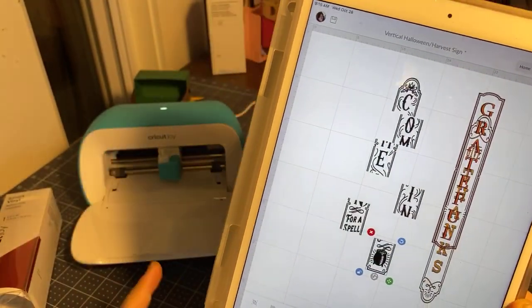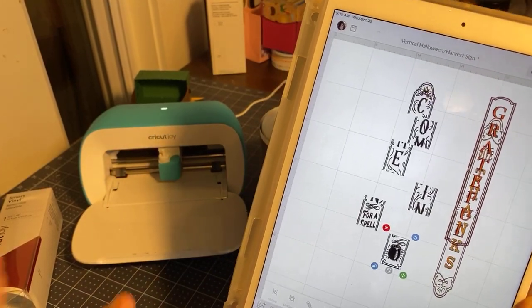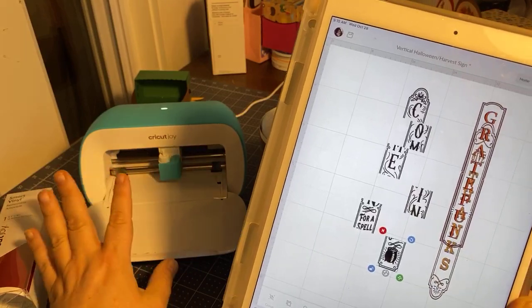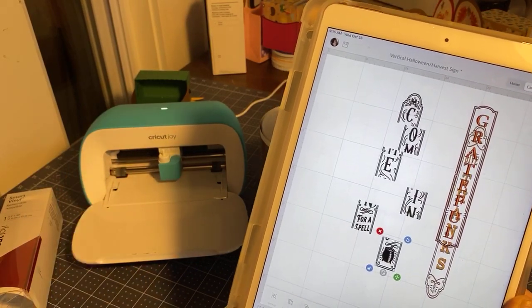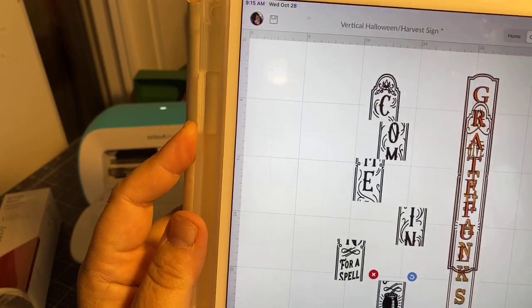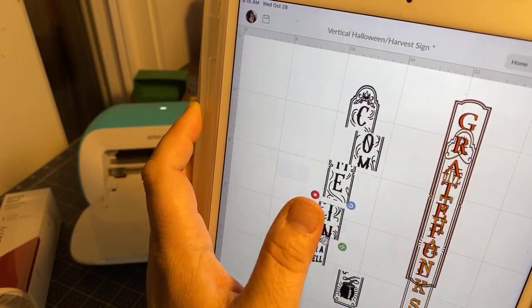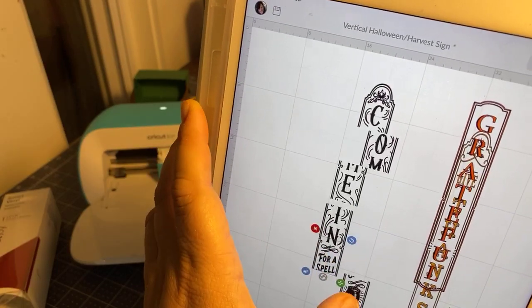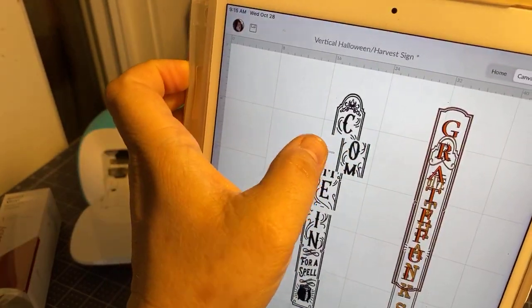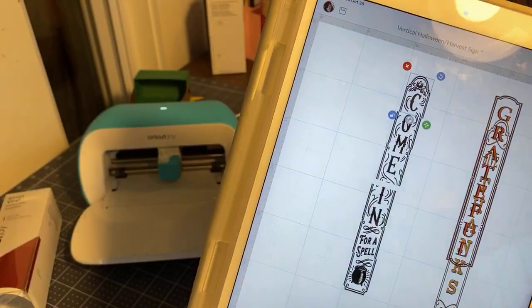And then what I would do is piece them together. So when I say that this project is fabulous for the Joy, it really is, because this would be a bit of a headache and you'd have to be very, very kind to yourself and be very patient with putting this together. It's not impossible, but it would require you to sort of, and so this is if you want to cut it with,